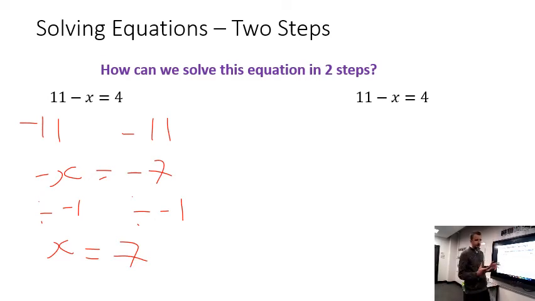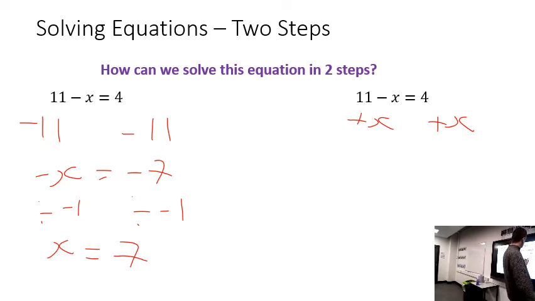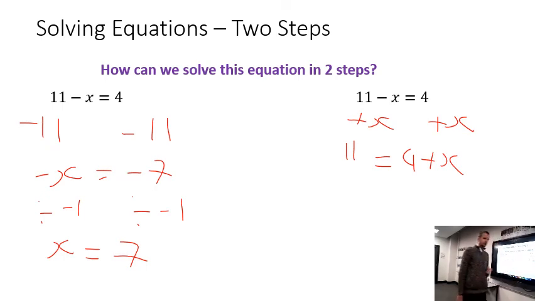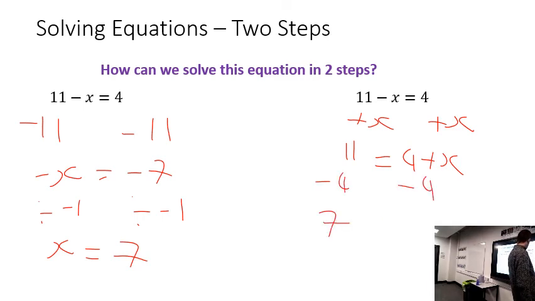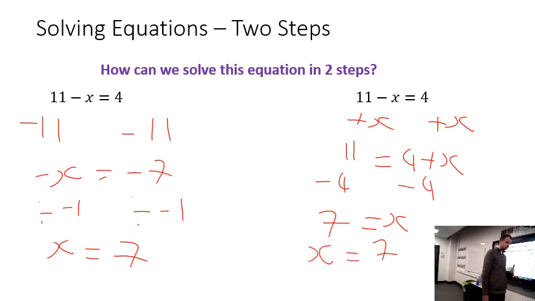Another way is you may not like to have negative x's by itself. You may prefer to turn it into a positive. So what you could do is just add x to both sides. As long as you do the same thing to both sides, it's perfectly fine. So here we have 11 is equal to 4 plus x. And now we want x to be on its own. So we're going to subtract 4 from both sides. So 7 is equal to x. Or you can write it as x is equal to 7. Whatever is convenient for